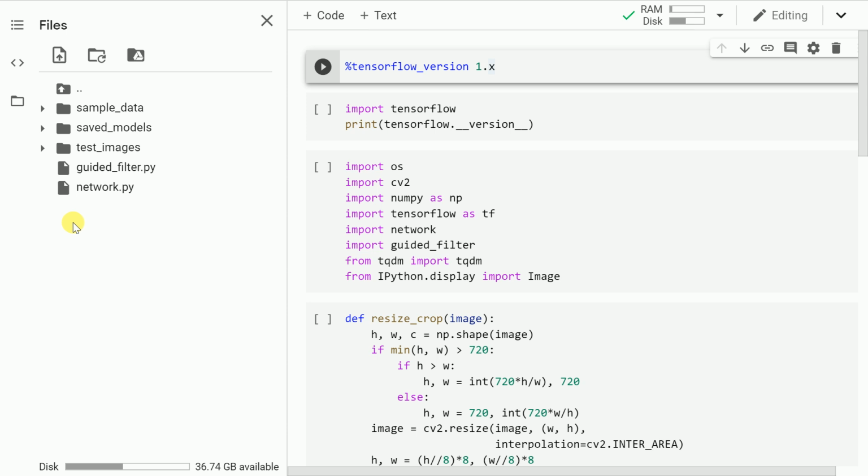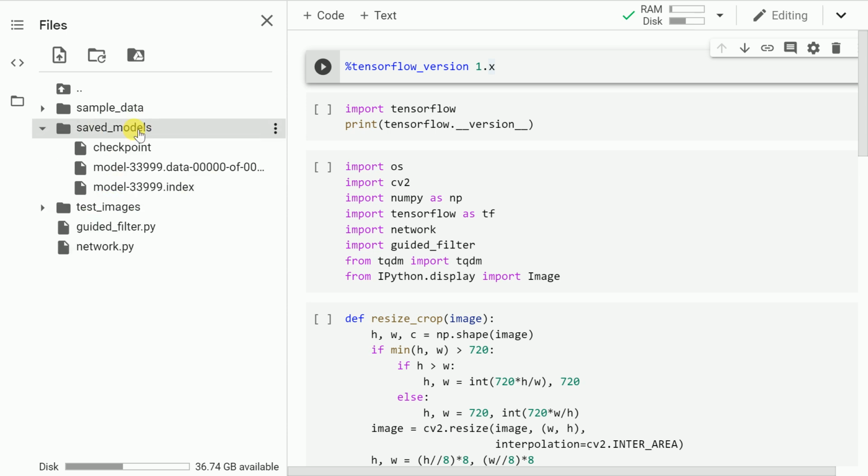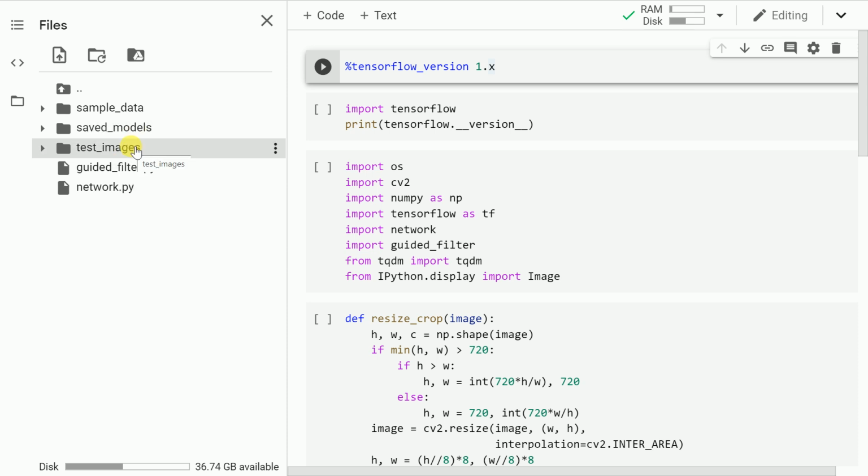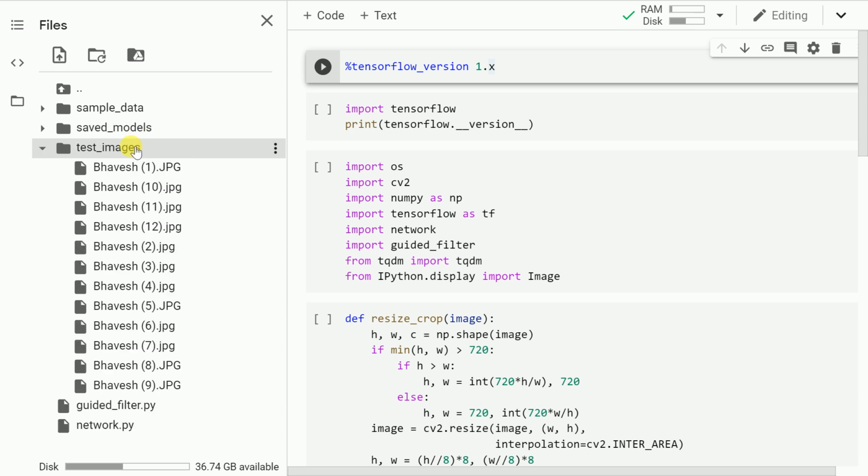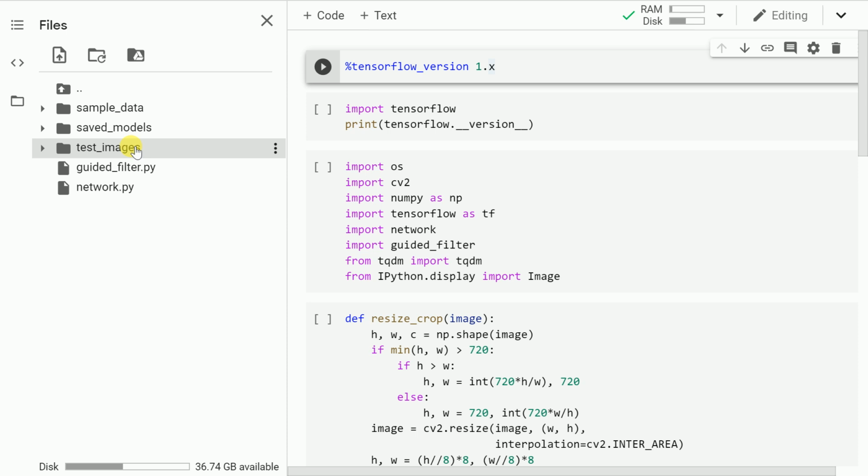I have copied the entire content of the test_code folder into the directory structure like this. So I have all the checkpoints inside the saved_models folder, which is the same which was existing in the test_code folder. The one change that I've made is I've included my images in order to test out how good or bad the cartoonized library works. And the two files which were there, which is guided_filter and network.py, I've copied it as it is. The main file, which is the cartoonized.py file, is what I've implemented in the notebook so that I can run it easily.